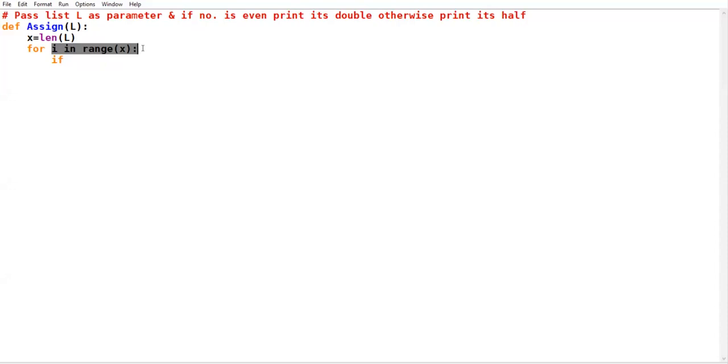It means this I is not the element. This I is the index of the element. If the word index is not clear to you, I can use another word, position or location. I give one very live example.